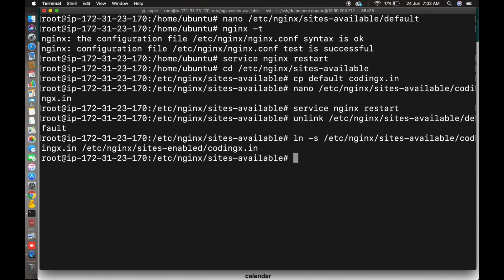Now your configuration is done. You just need to open your browser at codingx.in/info, and then you can host your whole application here.